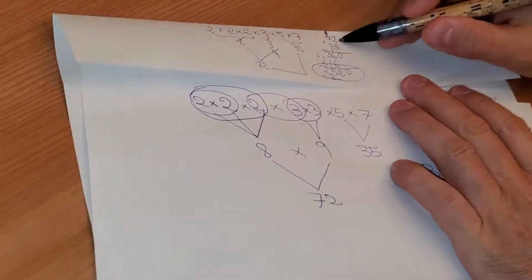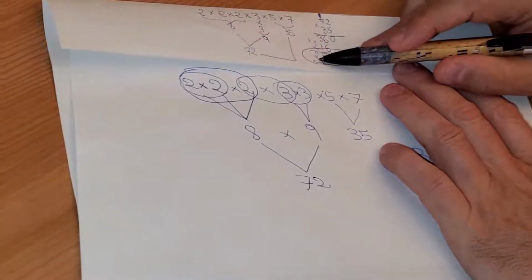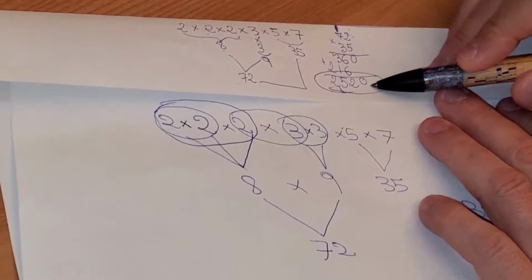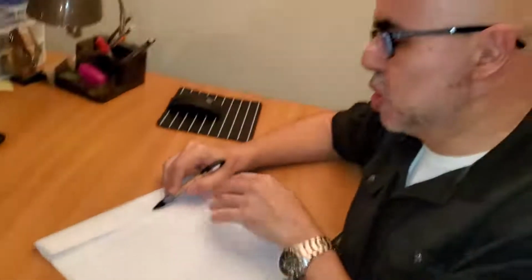You see it here? 72 times 35, 2,520. So my big clock should have 2,520 minutes